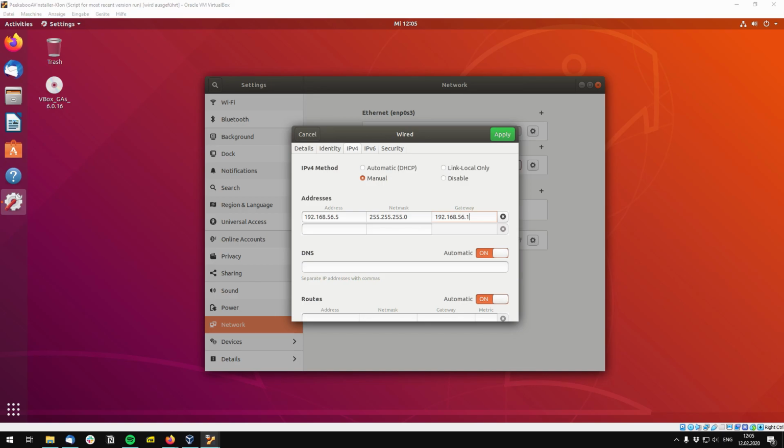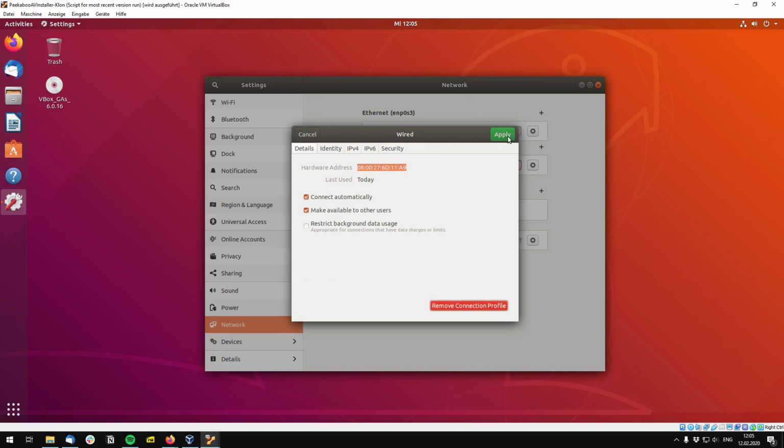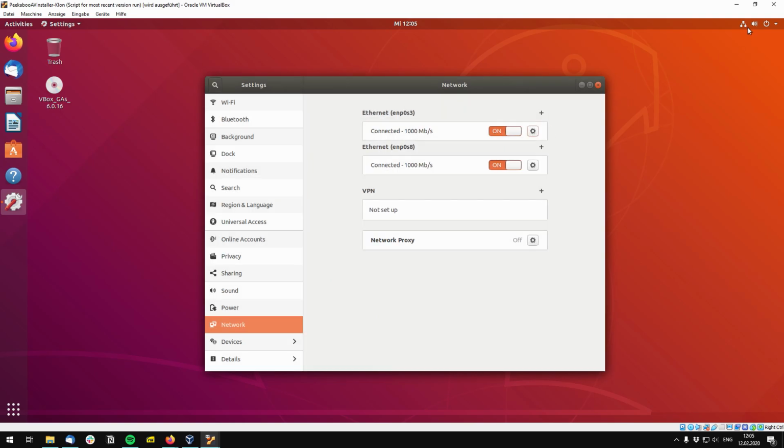And this should suffice. Let me check. It should suffice. And now we press on, and well, there's a connection now,